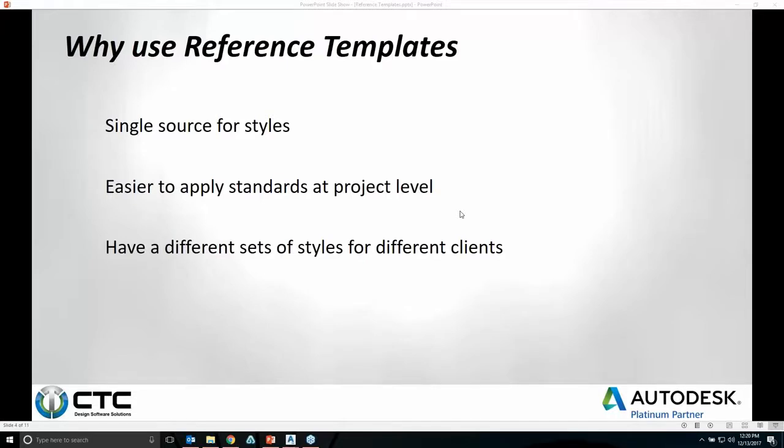So in case you did want to make a change, you'd have to make the change in both prior. But now, with it being able to be referenced, there's only one source location where the style is going to sit. And then at the project level, if somebody does point out that we need to change this style for whatever reason, and the company agrees upon the idea to change that style,